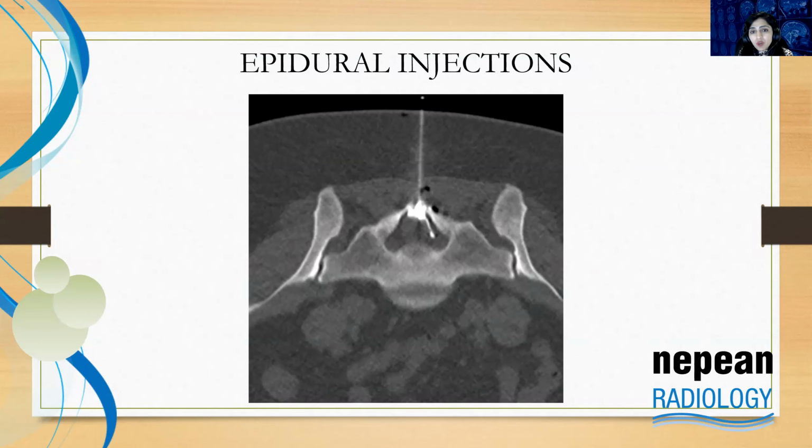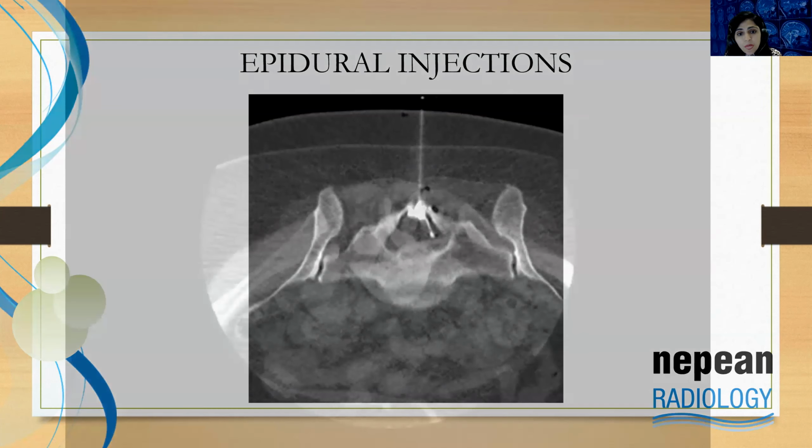When we reach the ligamentum flavum, we fill saline in a syringe, and while we pierce through the ligamentum flavum, we keep on pushing the saline. When we are in the ligament, we cannot push the saline, so that gives us an indication that we are still in the ligament and haven't reached the epidural space. Once we are in the epidural space, the saline starts going in. And when the saline starts going in, we are sure that we are in the epidural space. Then we inject the CT contrast to confirm that we are in the epidural space, and after confirming it, we inject into the epidural space.